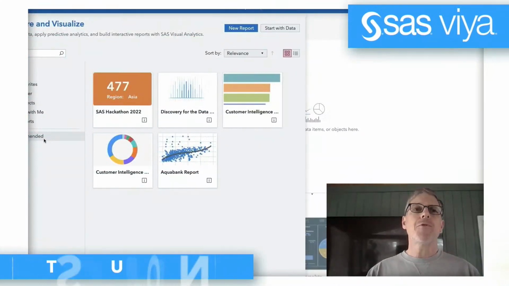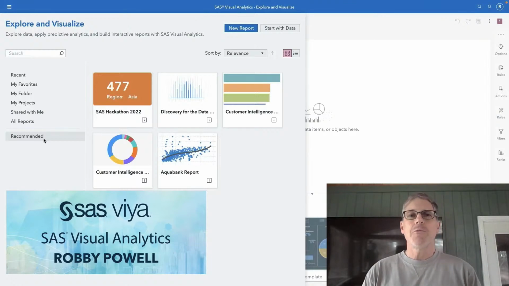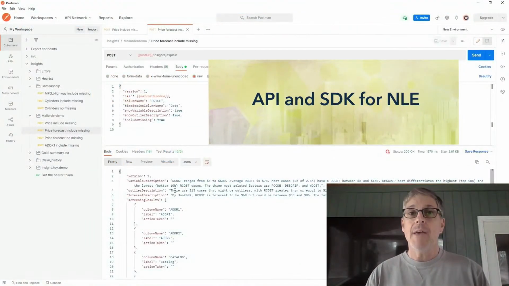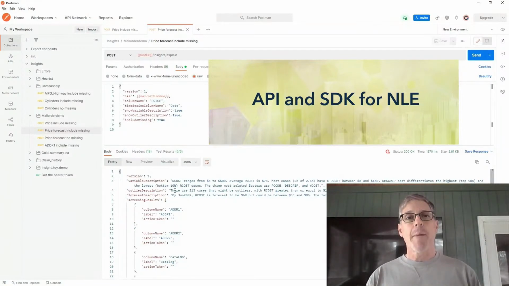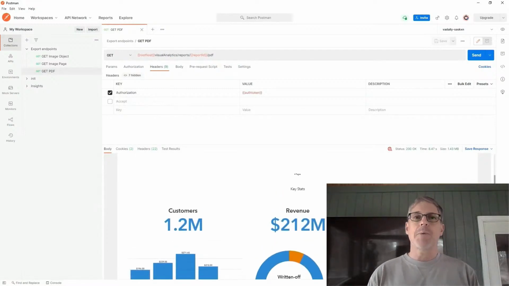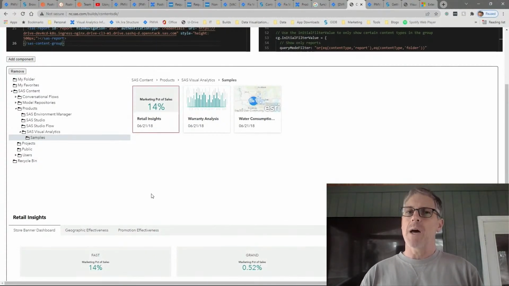In this release, we've introduced the report recommendations feature to let you know about reports you might find interesting based on how others are interacting with those reports. We've added API and SDK capabilities that allow our customer developers to programmatically generate natural language explanations of their data, export their reports as PDFs and images, and more easily navigate content on SAS Viya from within their websites and